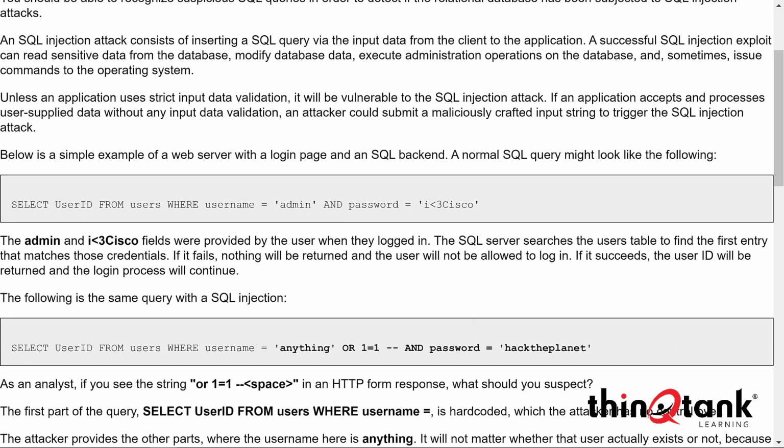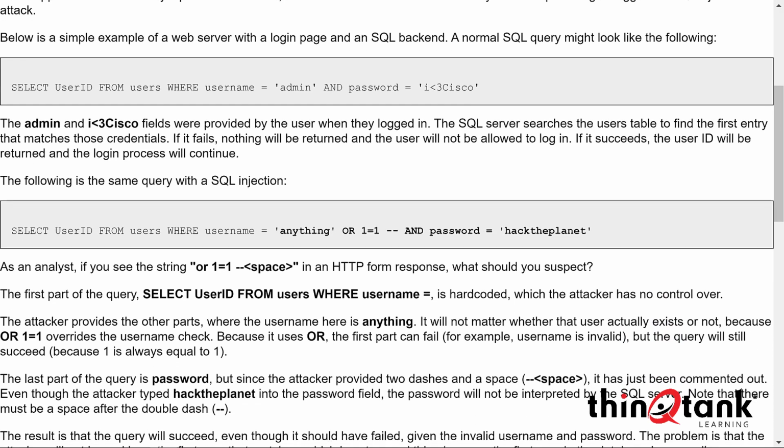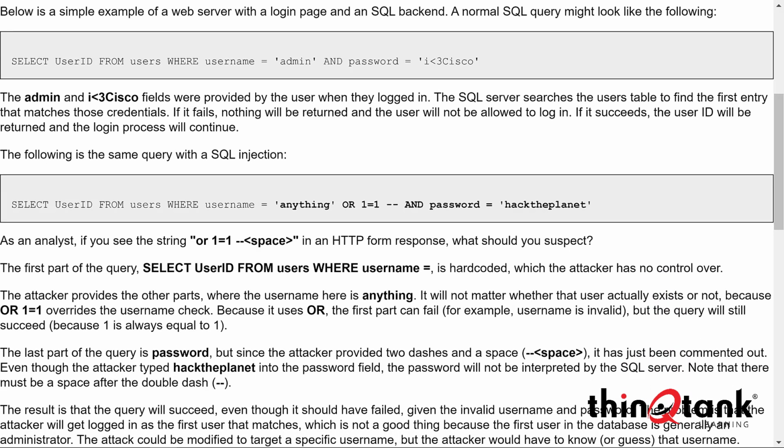All right. So here's a simple example of a web server with a login page and a SQL backend to authenticate the user. A normal SQL query might look like this. Select the user ID from users, where the username is admin and the password is whatever the password is. Admin and that password field get provided by the user when they authenticate to the page. The SQL server then goes to the database, looks for that information, and finds those credentials to try to match to a particular user. Of course, if we can't find those credentials, then we simply don't